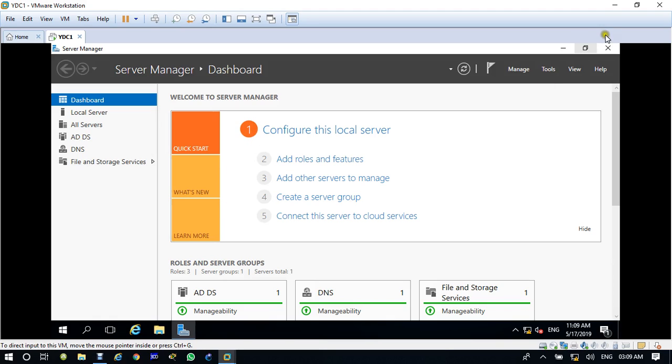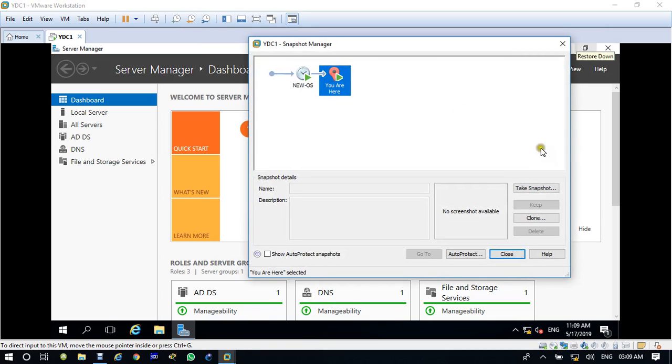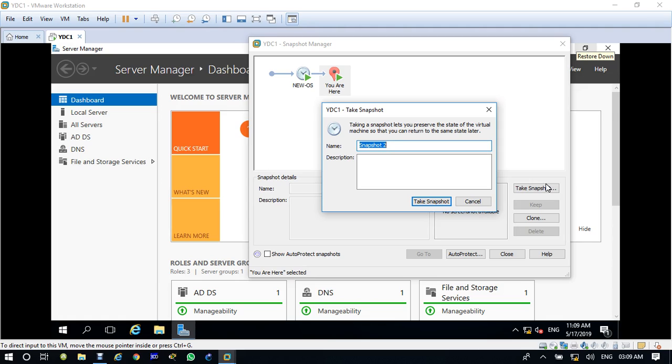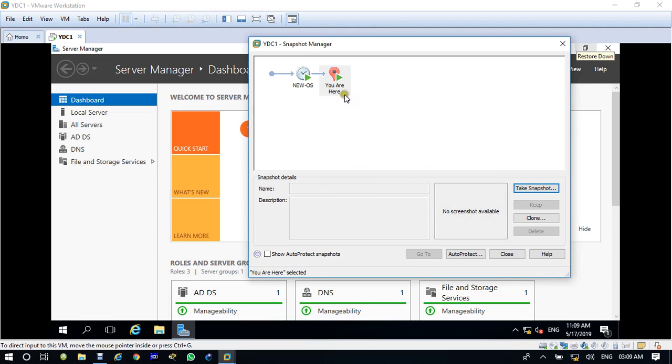After this, we have to take a snapshot again, with AD. So now we have two snapshots, one with AD and one with new. If I want to work with the new operating system, I click here and work with it. If I want to work with Active Directory, I click here.